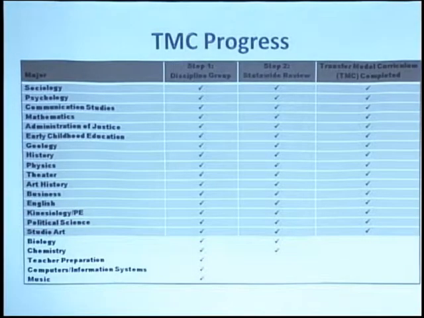So there are 16 right now, plus some others that have been developed and that are being put through the process. Our goal is to get to 25 or so this year, and those would cover the major areas. There are a few outside of this process that are being developed, but we really are focusing on the majors where most students transfer. We've used that data as kind of a basis for making some of these selections.